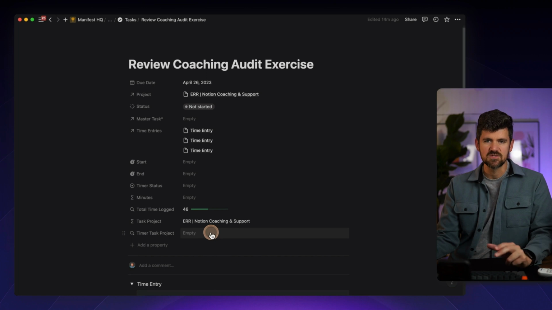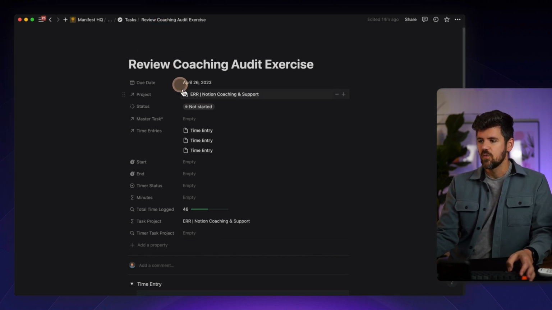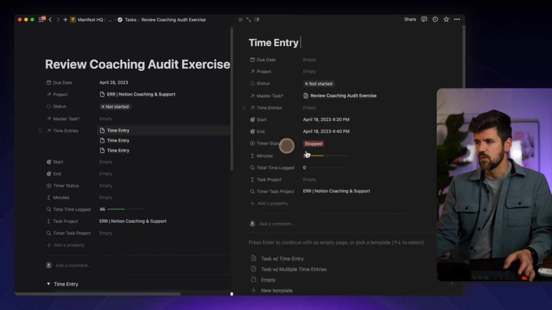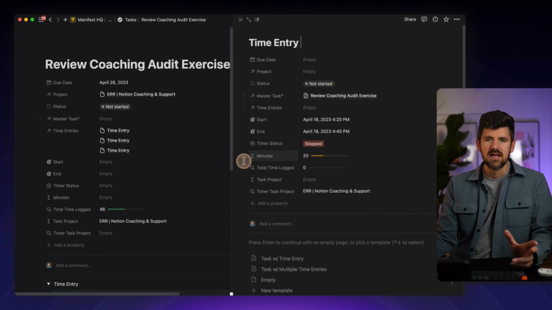So we do need to turn it into a formula so it shows up as plain text and then roll that up. So if we were to go into one of these time entries, we can now see that the timer task project is now related to that master task, which is the review coaching audit exercise. Now let's take a look at why we would do this and how it could help us group time entries